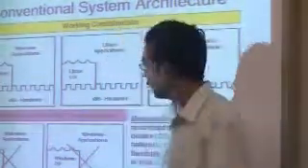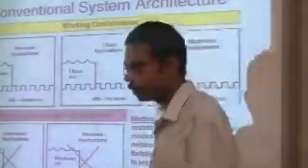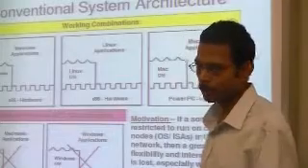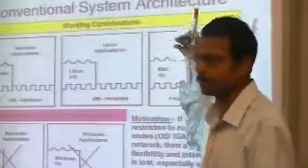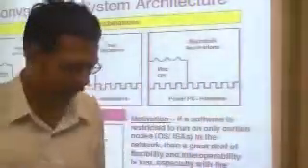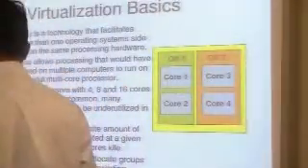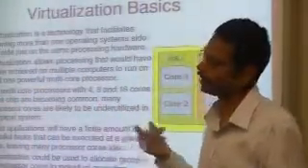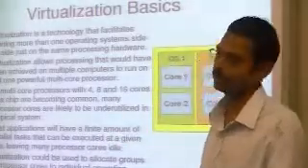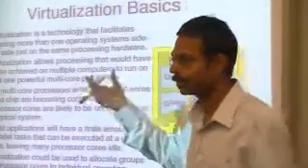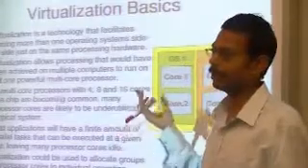So if we have something like this, nowadays we have all these quad core processors, which means we have really multiple processors, but they are not effectively used, because if you're running only one operating system, say only one process or some user processes, you're not really using all the capacity of the machine, right? Say for example, you're running servers. If you don't do any virtualization, in a huge organization you have to run separate servers, separate physical machines like a file server, a web server, database server, email server, and all this stuff. So you have to invest in all these physical resources, and they are not really effectively used.